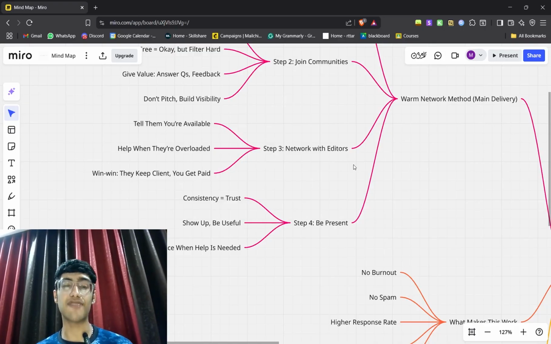But let's say I get work from a gaming niche and I don't really work in a gaming niche. What I'm probably going to do is just turn down the client and say I cannot do this project, and that's it. But let's say another editor networked with me. He asked me, hey Madhav, if you get a client or prospect who asks you for a gaming edit, and I know you don't do gaming edits, feel free to delegate that task to me, and I'll be happy to do that.